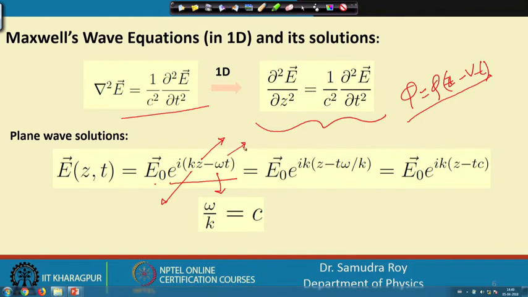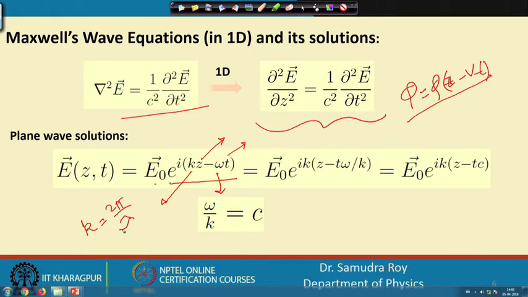These four things are there, and if you look carefully you will find that this is an exponential term. So, this entire thing should be dimensionless. Omega is a frequency whose dimension is 1 by t, so that should be multiplied with t so that these things become dimensionless. z has a dimension of centimeter, meter or kilometer, a length dimension, and k is a propagation constant, normally represented by 2 pi divided by lambda. Lambda has a unit of length, and if I multiply k with z, again we have a dimensionless quantity. This is quite trivial, but important.